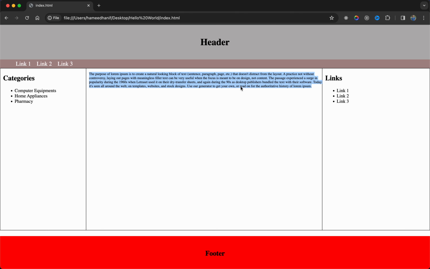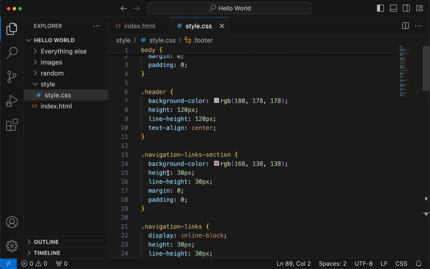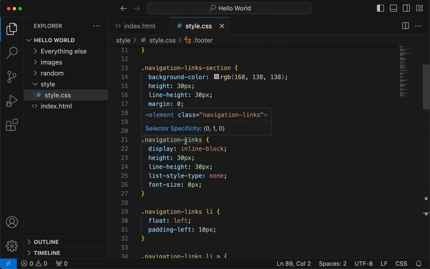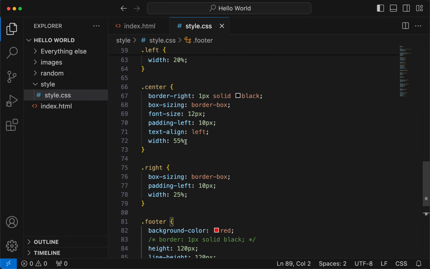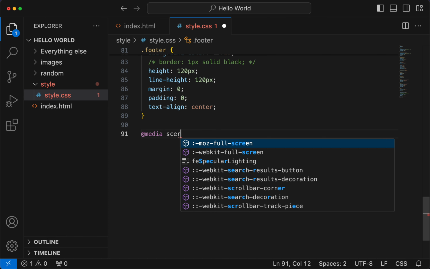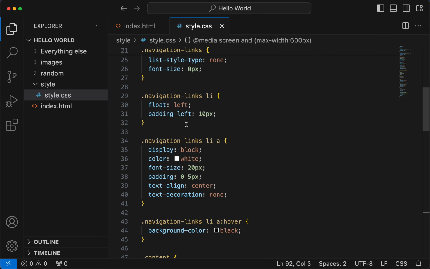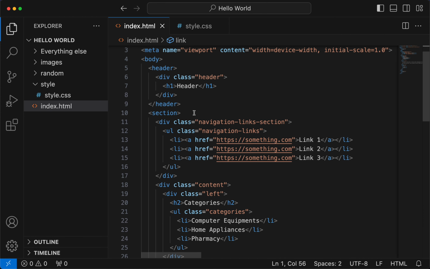Let's see a few examples about using media queries for links and the column layouts. We already have a few navigation links here. So as usual, media screen, the maximum width can be 600 pixels. Let's see how the links are